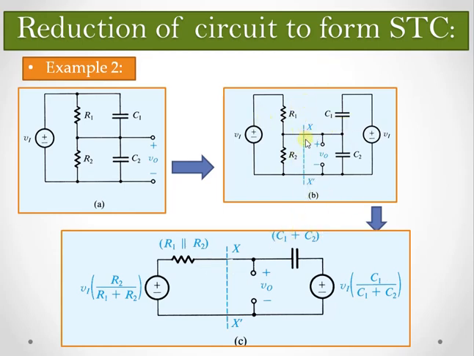So we have divided the circuit as shown in figure B, and now separately we are going to compute for the input part and for the output part. So there are two voltages, the input part is computed separately and the output part is computed separately. The input part will give us, using the voltage divider rule, the voltage equal to V1 into R2 divided by R1 plus R2, and the equivalent resistance will be R1 parallel with R2, and here we have this voltage multiplied with C1 divided by C1 plus C2.